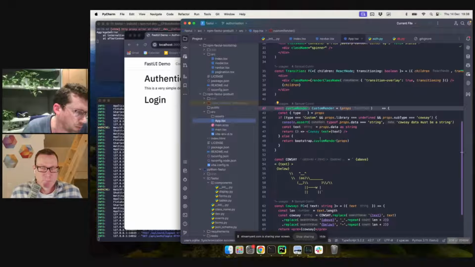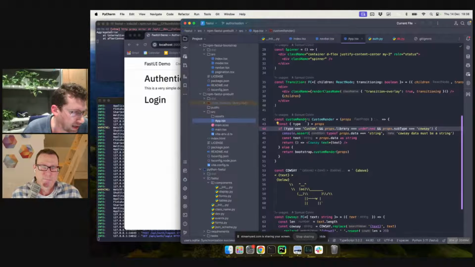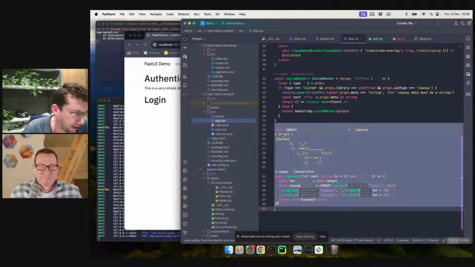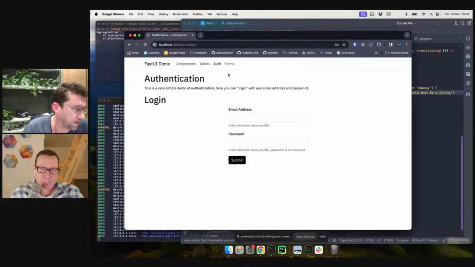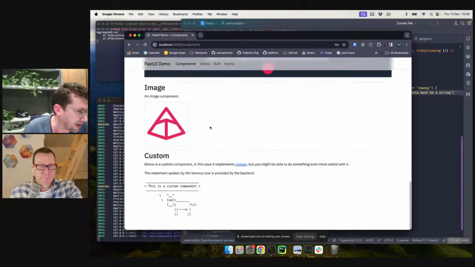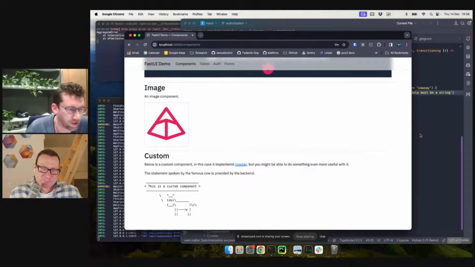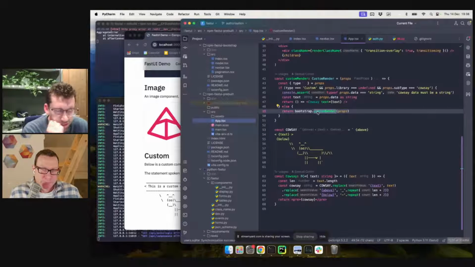So in our case, we take custom, and if the subtype is cowsay, we render that as a particular block, using this component here, and we print out the cow says whatever the input was from the server. Otherwise, we just go back to using the Bootstrap render. If you look at that component here, we've got this slightly silly example of a custom component of cowsay saying something. Oh, that's fun. But it shouldn't be too difficult to customize. And even if you're customizing, you can go back to using Bootstrap for the fallback case of everything else.